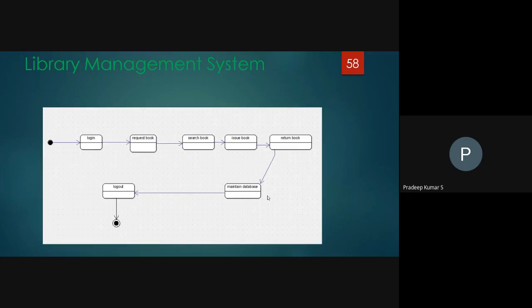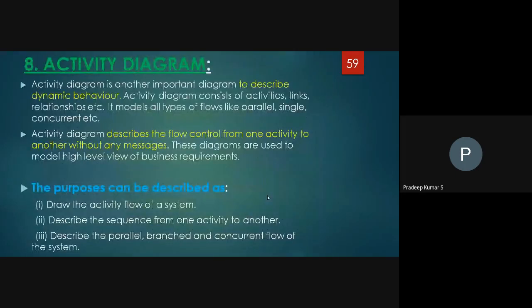Similarly, library management can also be taken up. Once you login, you check whether the book is there or not. First we have to give the book name, followed by the author name, followed by the edition number, and we search for the book. Whether the book is there in the library, then only they are going to issue the book. After that they are going to return it. That is the maintenance of the database in the library. A simple example, one way representation, a clear example.